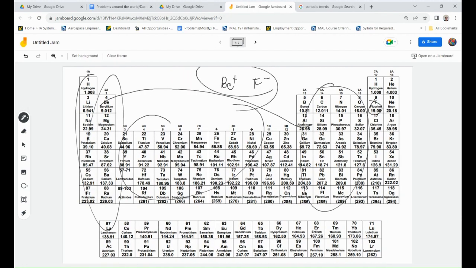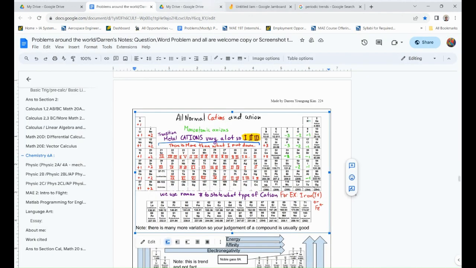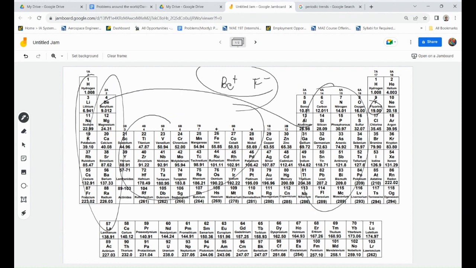So I did write here that there's more variation, and it's best to go with your best judgment. Your judgment is king here, I think, because the periodic table is complete. They give you this, they don't have anything here, they don't give you what this means or anything. You have to just figure it out. So I can just say that the periodic table is more like a